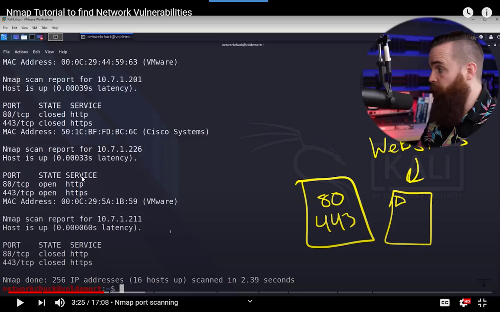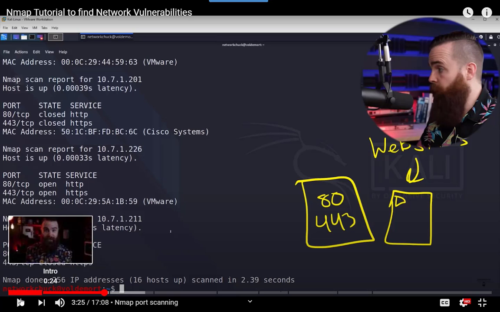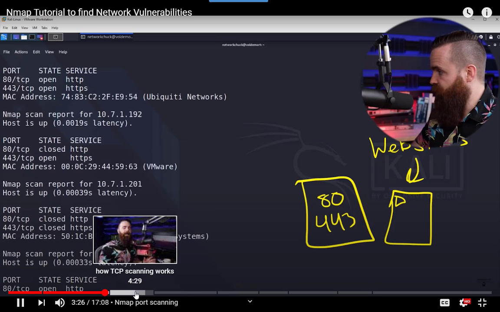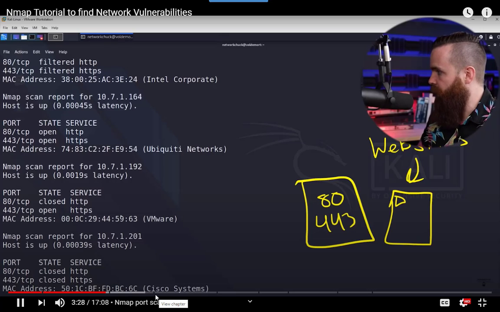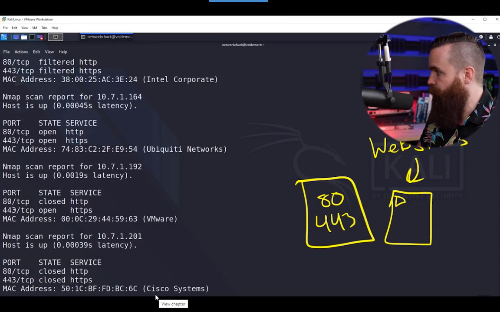So one of the things to notice is that he's using a Unix machine for this, but the same thing works on a Windows machine. You may have a graphical interface with Nmap, and Wireshark is using Nmap embedded inside, by the way, to grab its information. We can quickly scroll through our results and see what other open ports we have. Like here's another one, and it just has port 443 open.